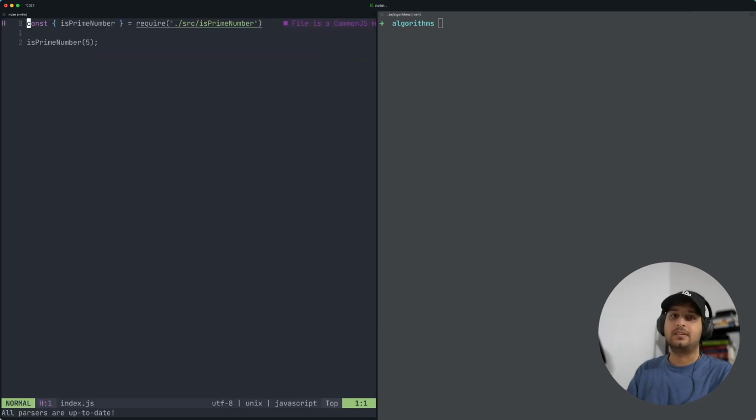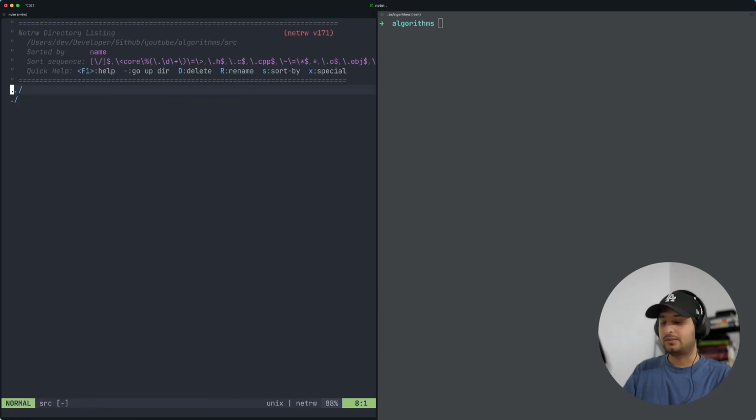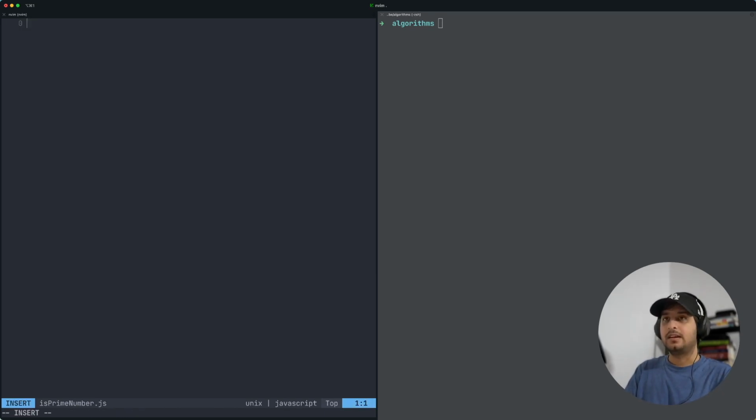Since this is a quick demo video, I'm going to be using CommonJS over here. So this is the way we import our methods in JavaScript. Over here, I'm simply importing that method, isPrimeNumber, out of that file and then calling it. But since it does not exist right now, let me just create that. So inside of this folder, we're going to add our file and call it isPrimeNumber.js, and we're going to call it function isPrimeNumber,